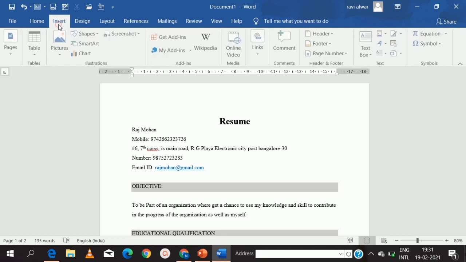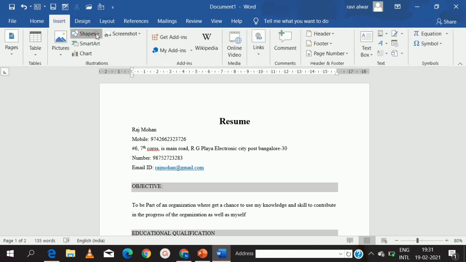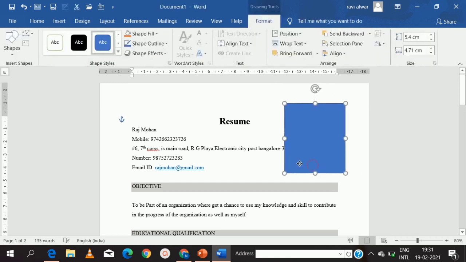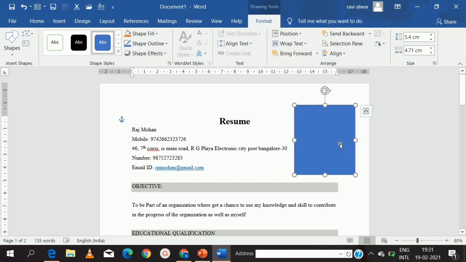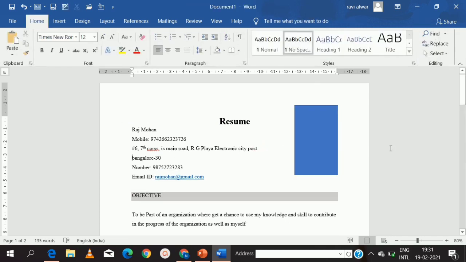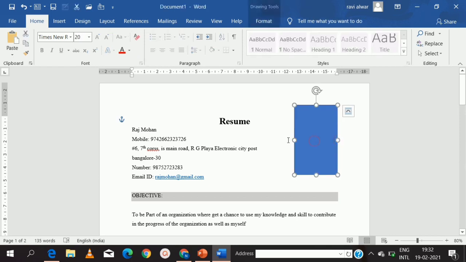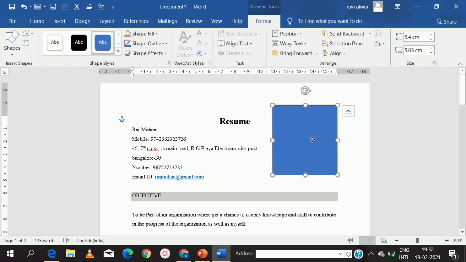So what I will do, I will take this square shape and drag it here, within the margin. Let it be within the margin.